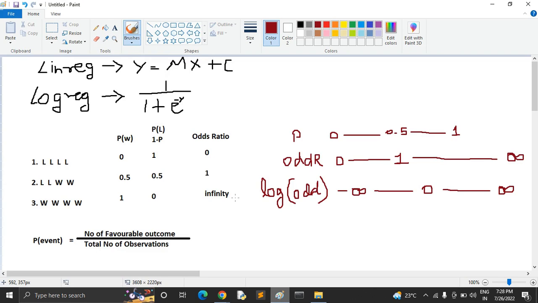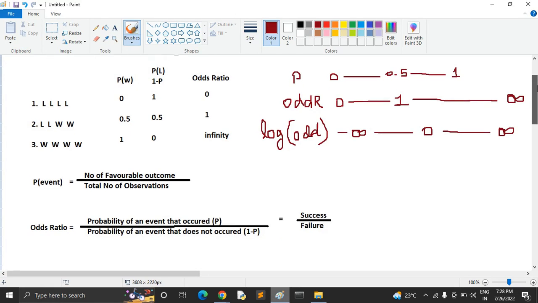So now we have understood what exactly log of odds ratio is. Okay. Now guys,